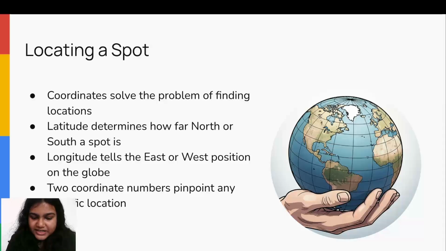In our software implementation, these physical concepts are translated into floating point numbers. A coordinate is simply a pair of double values. For example, a location might be defined as 28.6139 for latitude and 77.2090 for longitude. Understanding this is a crucial thing because our code does not understand New Delhi or London as names. It only understands these numerical vectors, two coordinate numbers on the globe surface with high precision. If we fail to input these coordinates correctly, the data mapping will fail and markers will appear in the ocean